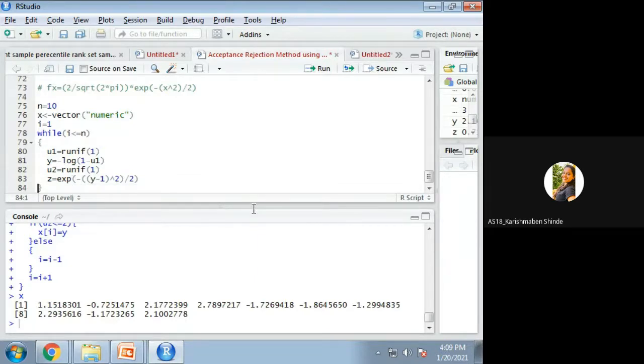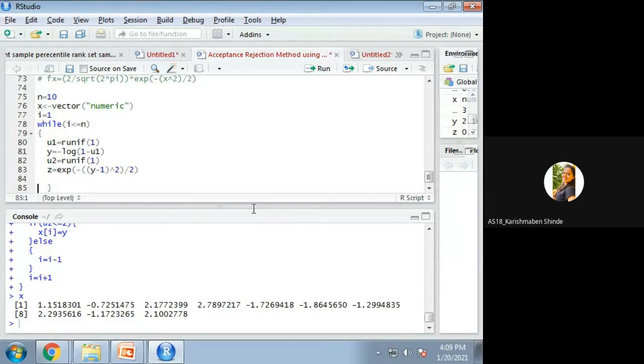Now we try if u2 is less than or equal to z. Then, as he wrote, assign x of i equal to y. Sorry, sir.